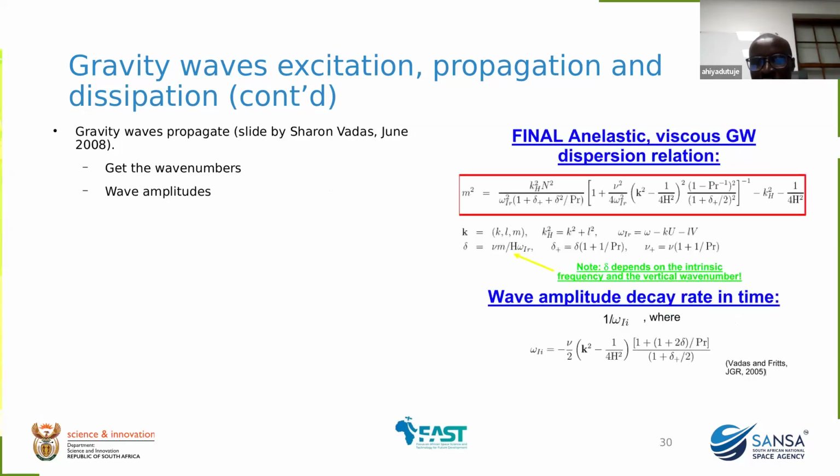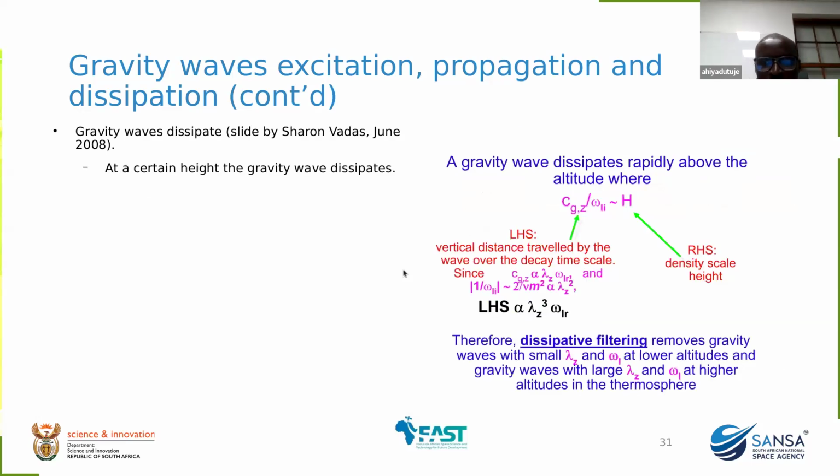Now, you need to solve and get the wave numbers. This is the wave number in horizontal, and this one, which actually has 3 dimensions. And of course, you also have to get the wave amplitude. Once you get the wave amplitude,